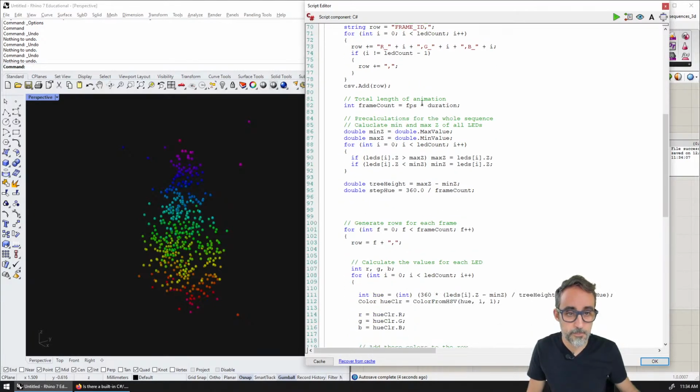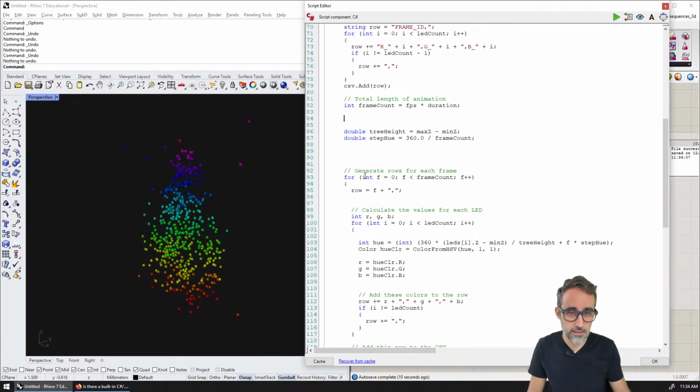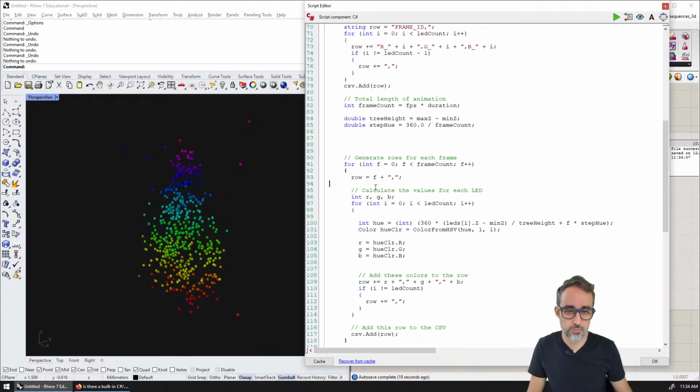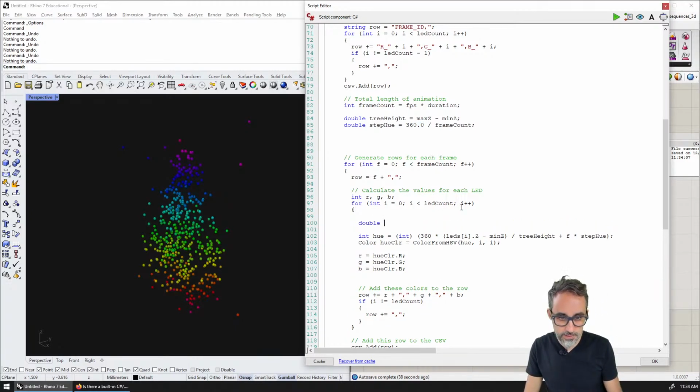So for this one, same thing. We really don't need this. Really, in this case, we're going to assume that it's in 0, 0. So we're going to calculate the step in the hue, which is equal to 360 over frame count. Then for each one, I basically need to calculate the angle. The angle is going to be equal to